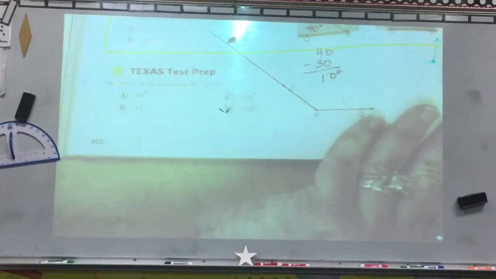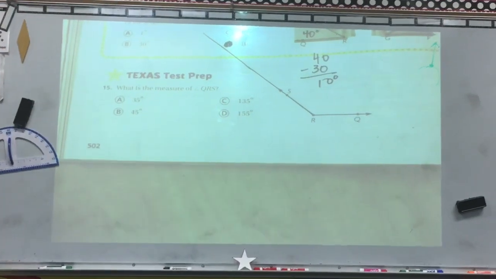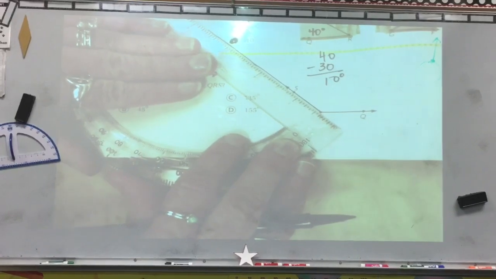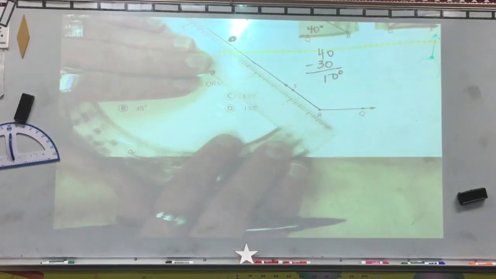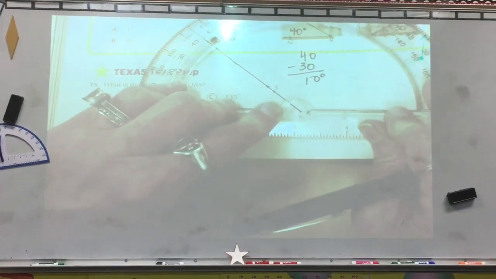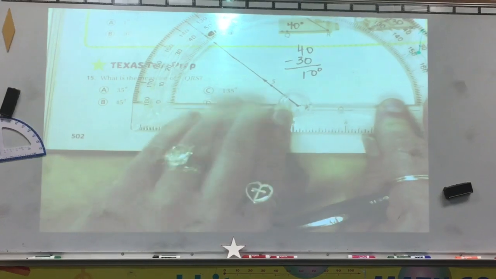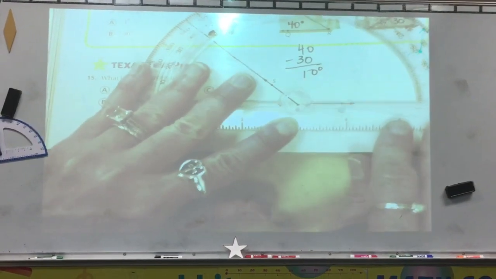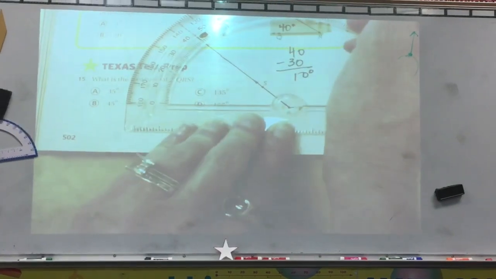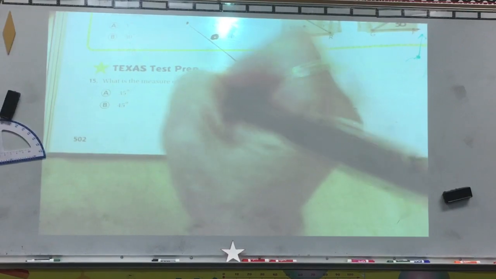The last one is what is the measure of angle QRS? As you can see, I took the side of my protractor and extended the arm of my ray. Put your vertex on R, line up that little guideline, and you can tell this is a super wide angle. It points where my zero on this scale is at the top, so I go all the way around and I get C,